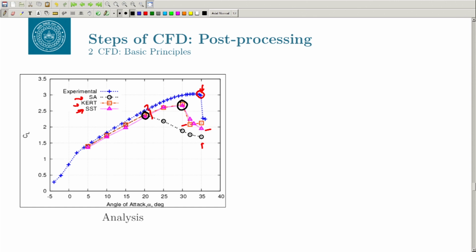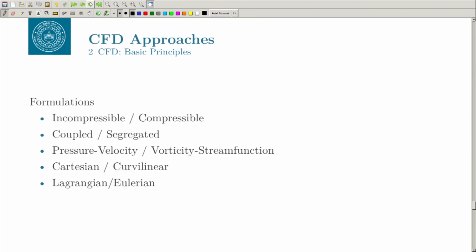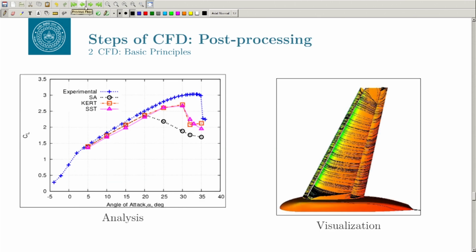Those are the things you need to be very careful about, and you should have a certain understanding of the flow physics that you are going to simulate before you use a model or trust the model. This is just a visualization, where you can see some nice streamlines and some kind of separation here. Of course, when you perform an unsteady simulation, because at high angle of attack the flows tend to be unsteady, your results might improve. So, this is the crux of the CFD process: